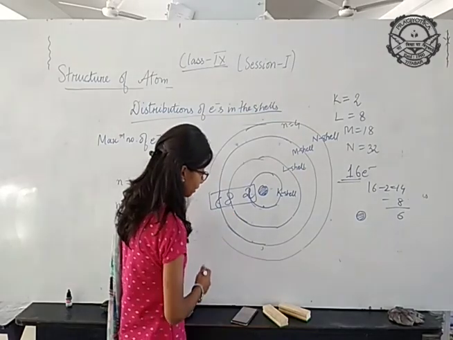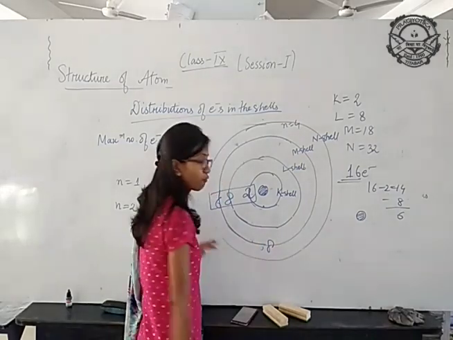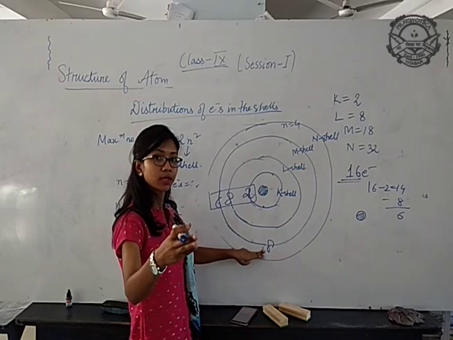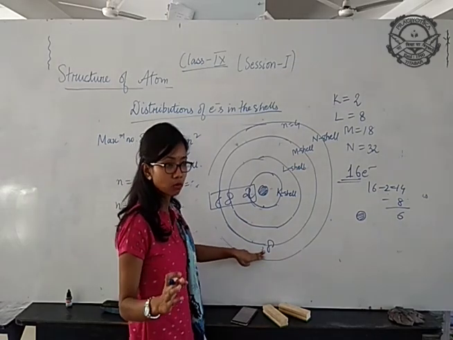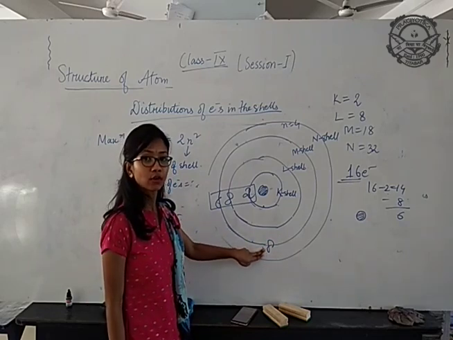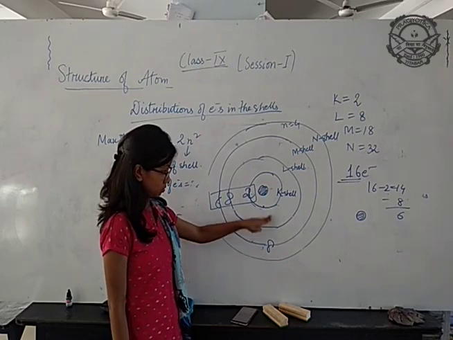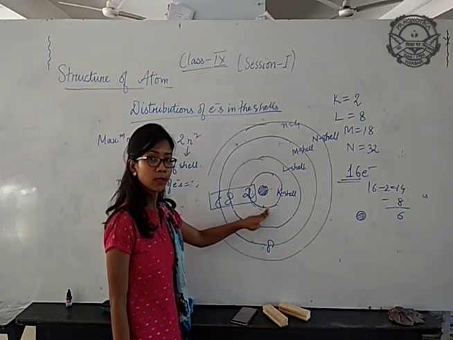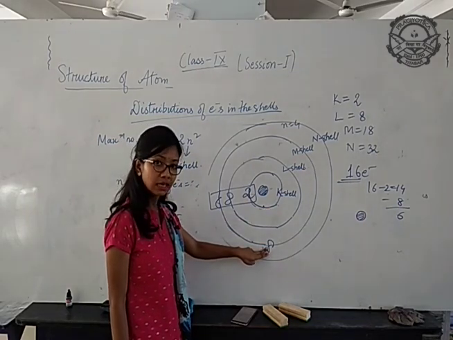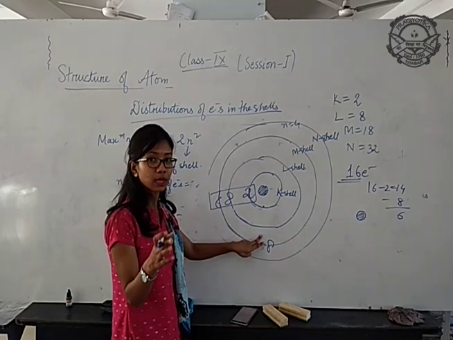But you cannot write it in this way. For example, I have written 8 in the first cell. From the second point, it is given that 8 electrons will be present in the outermost orbit. That does not mean that we have to write 8 electrons directly in the outermost orbit. First, it will be arranged in an ordered manner: 2, 8, 6. You cannot write 8 directly here and then the remaining electrons in the innermost orbit. I hope you are getting my point.